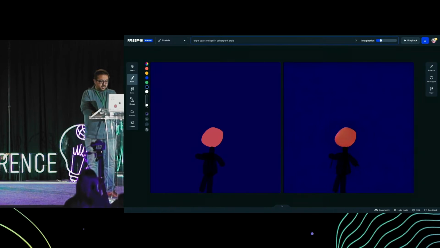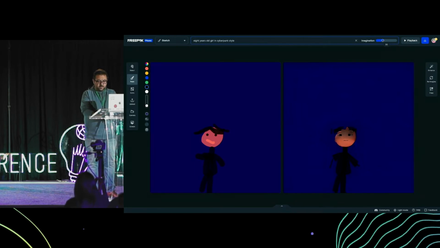Let's see now. I'm going to add eyes, now the mouth. I'm going to keep adding maybe some hair. Let's keep going with imagination.